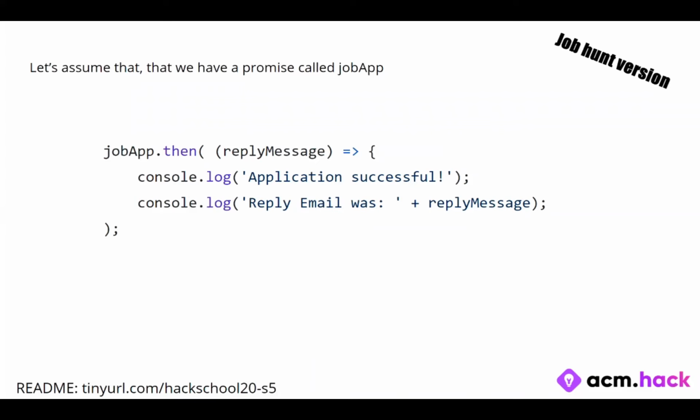Does anyone have any questions about this? This is what we'll be using later in our demo. So I would really like you guys to understand what is going on. I know my explanation could have been clearer, but because I couldn't get into the nitty-gritty details, I think some of the things you have to take at face value. So does anyone understand where this reply message came from, for example?